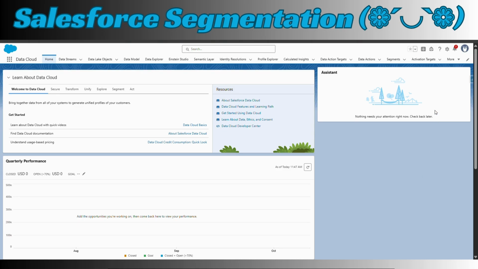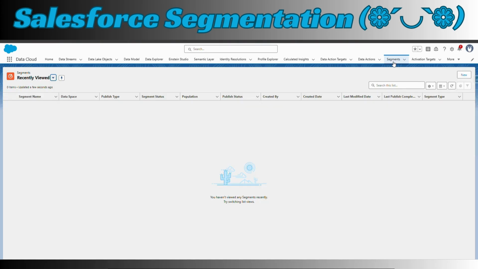First question is, what is segmentation? So this is the segmentation dashboard. Basically, segmentation is the process of dividing your audience into smart, meaningful groups based on their behaviors, preferences, or profile details. If I give you a real-time example, imagine you are a retail brand like